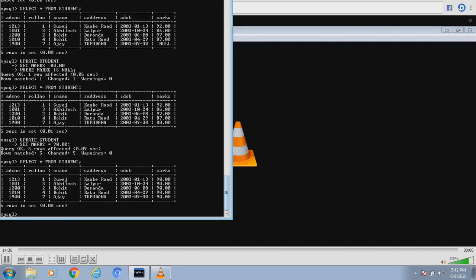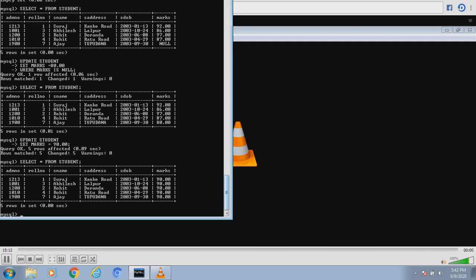Students, when we don't give a condition, then each and every record gets updated. If we give a condition, maybe one record would get updated, or maybe more than one, that is, multiple records may be updated. So these can be done using the update statement. So what is the utility of update, students? Already existing records' data can be changed using the update statement. Students, this is a very important topic for the board examination, so please read it properly.